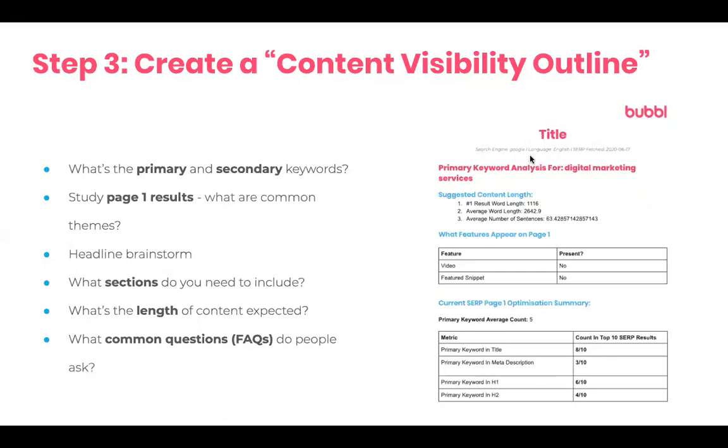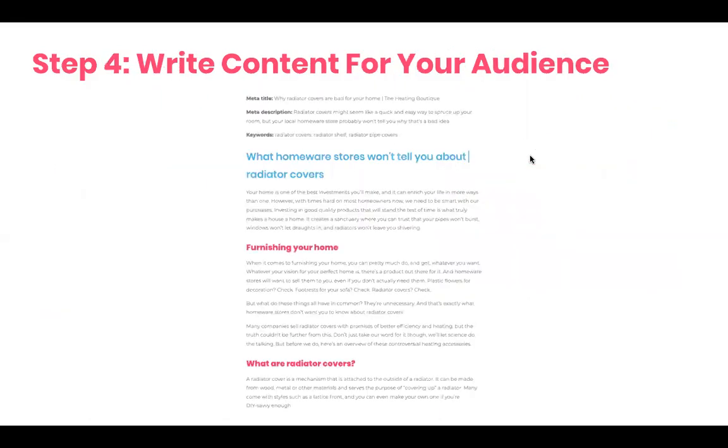Now that's step 3. Step 4 is write content for your audience. We need to get away from writing content for Google. That's not what Google wants. That's not what you want. That's not what anyone wants. Most importantly, your audience. If you write content for your user and then strategically sprinkle